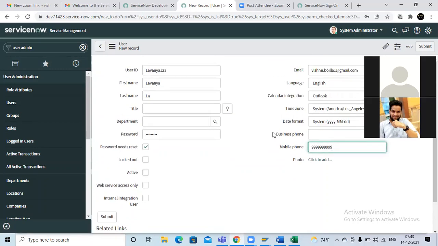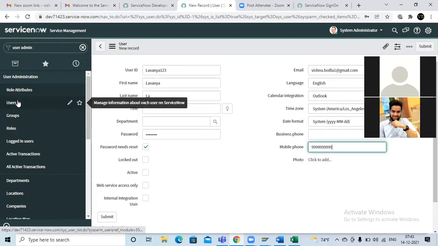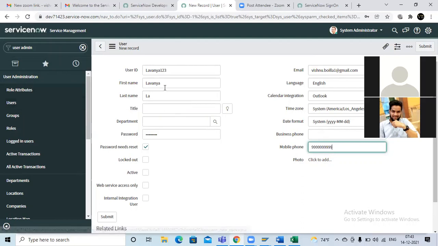Okay, now I'm going to create the user. I came to the user admin tab, then automatically downside you can see the user option. Once you click this option, the new user page will open here. Guys, who will do this work? The system administrator, don't forget that one. This is not our work, but you should know this work. The system administrator will give the user ID and password. These two are important. He will share this information to Lavanya with the help of mail.